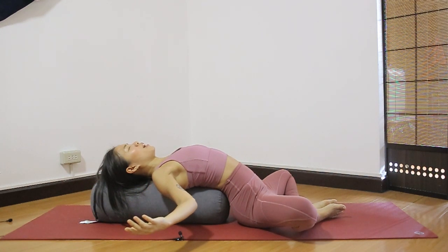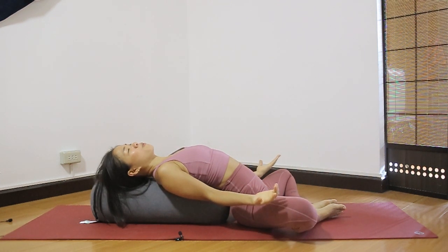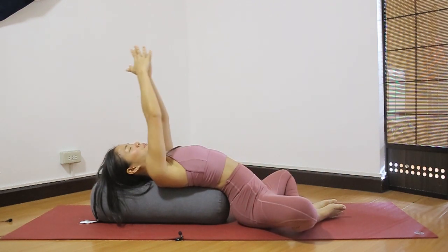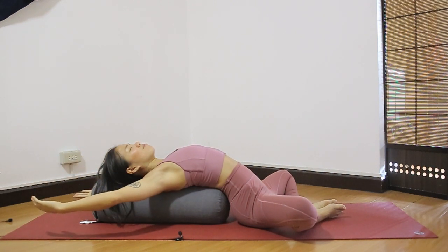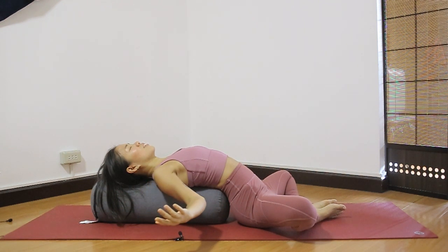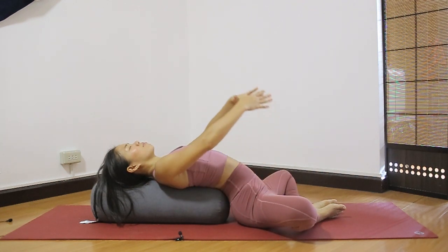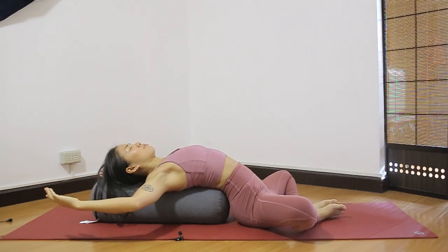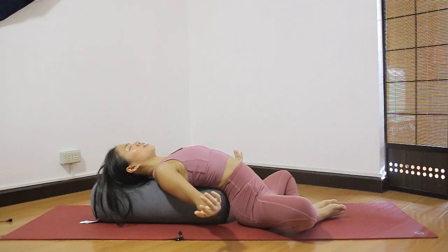This is one of my favorite poses, and I love doing this just to open up the heart center as well. Let's do this 2 more times. And 1 more. And when you're ready,